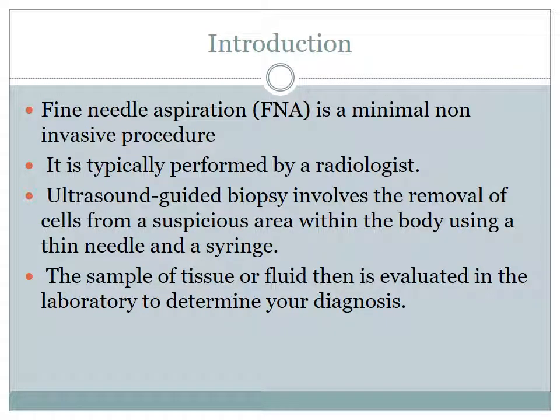So slide number 1 is introduction. Fine needle aspiration is a minimal and non-invasive procedure. It is now considered one of the most accurate tests for the diagnosis of thyroid nodules. Usually it is done by an experienced radiologist, and it is an ultrasound guided biopsy in most of the cases,